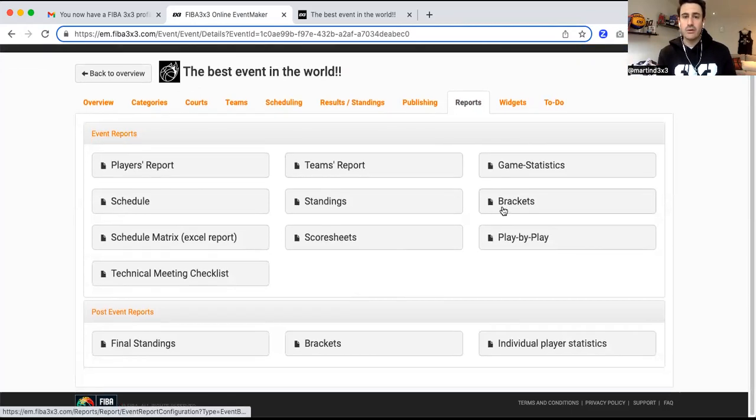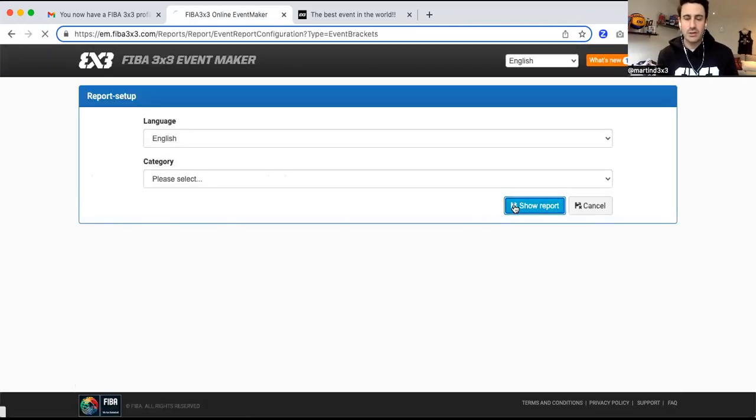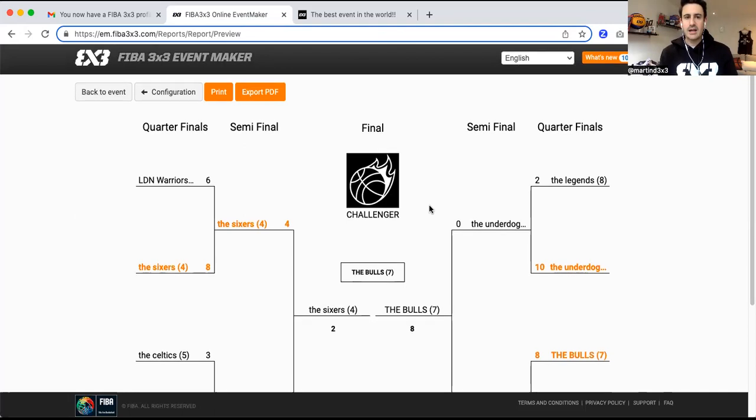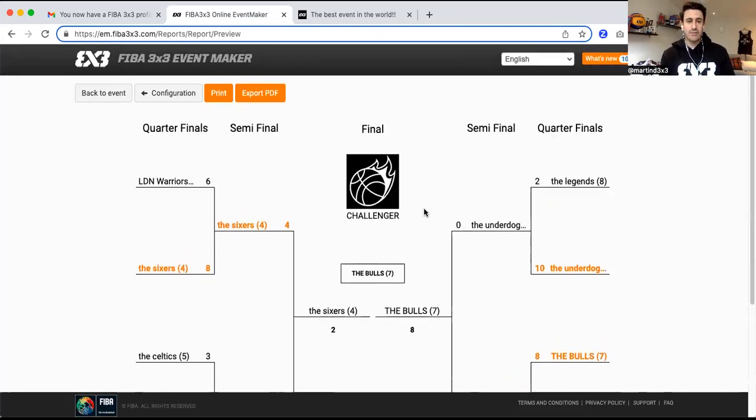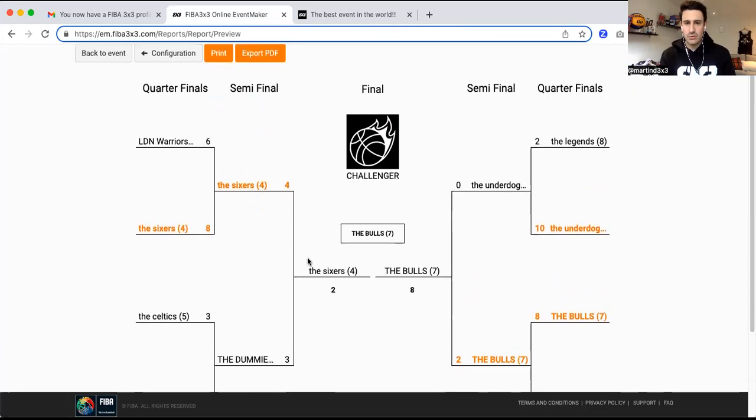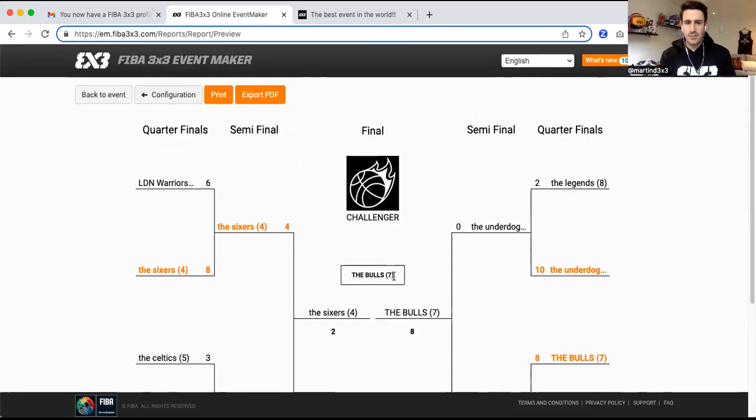And one more of these is brackets, which is really cool. Again, this will happen in real time too, so you can actually print these brackets out as you're running your event. And here you can see the scores and what's happened and who the final winner is. Again, just something nice if you want to screenshot it, print it, export PDF, you can send it around. It's quite nice as an event organizer to be able to have these tools. So, okay, we're going to go back to event,